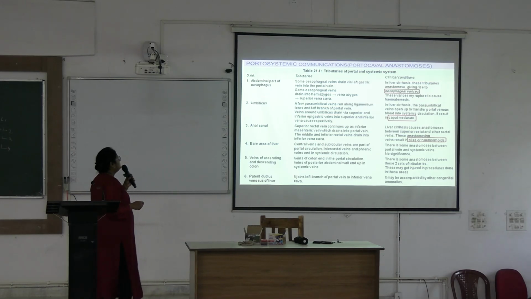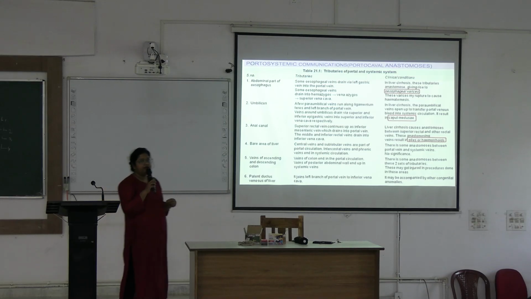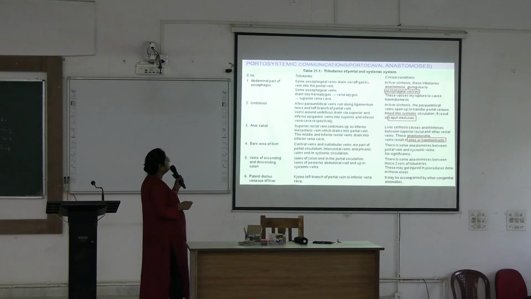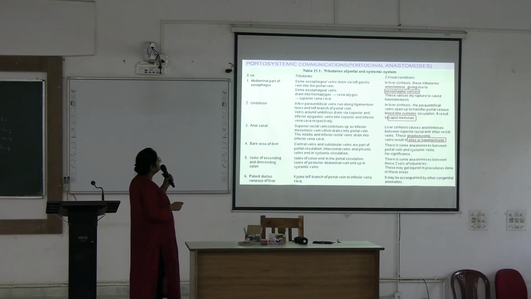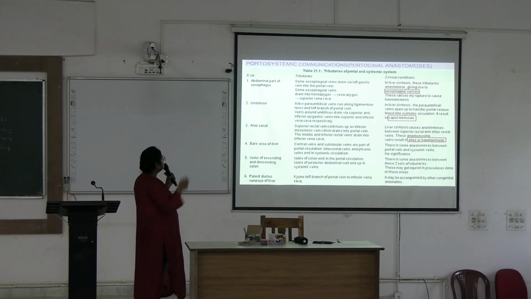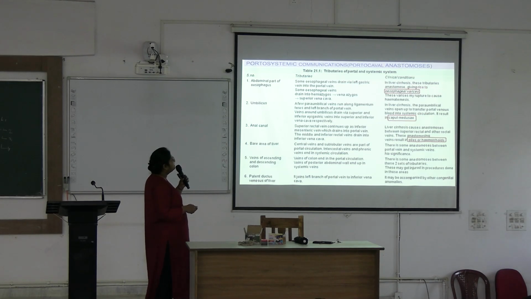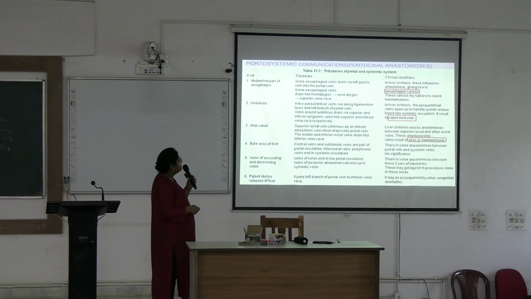So at the abdominal part of the esophagus, that is the lower end of the esophagus, some esophageal veins drain via the left gastric vein into the portal vein. So this is the portal system. And some esophageal veins drain into the hemiazygos vein through the vena azygos into the superior vena cava. This is the caval system. So this is portosystemic anastomosis occurring between the tributaries of veins. And in case of liver cirrhosis, these tributaries anastomose, giving rise to esophageal varix, and this varix may rupture to cause hematemesis. Okay.